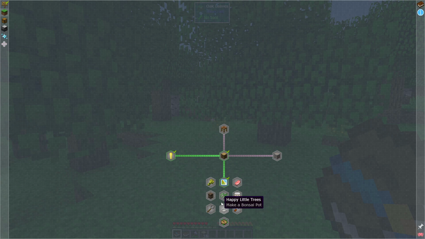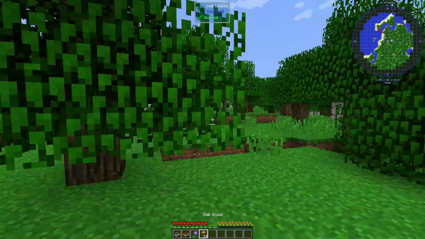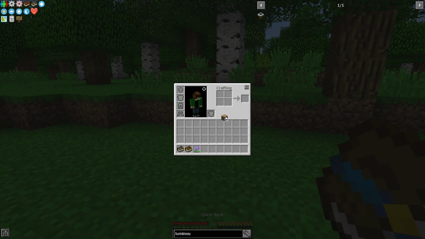Pack back, okay. And then bonsai pots, nature compass, chisel, stone one. Okay, those are just the couple basic things that we need to do. So I think Tinker's is a good way to start. So for Tinker's, we're just gonna turn a little bit of this wood into planks, and I'm gonna say 16,